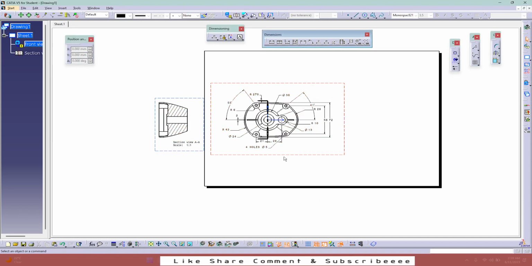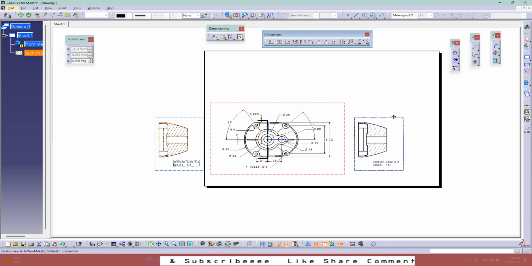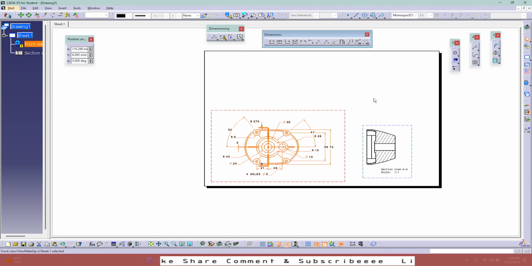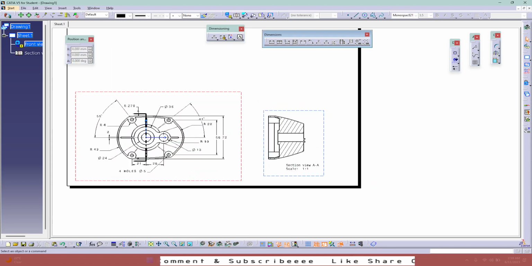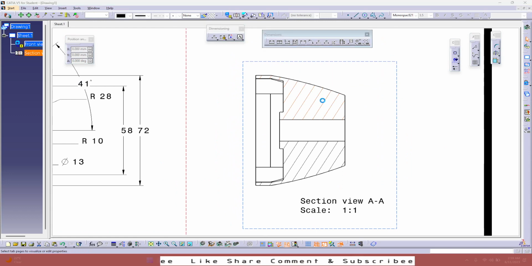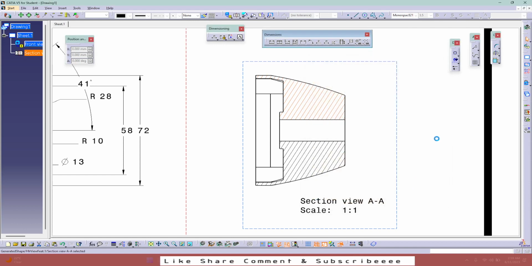Okay, drag it a little bit down, take this section view to the right, and then let's double click on the hatches, give the pitch as 2.2, apply, okay,